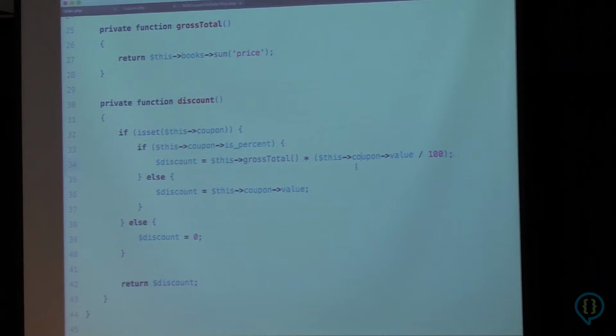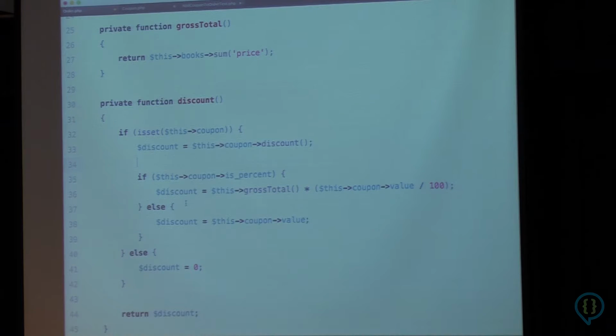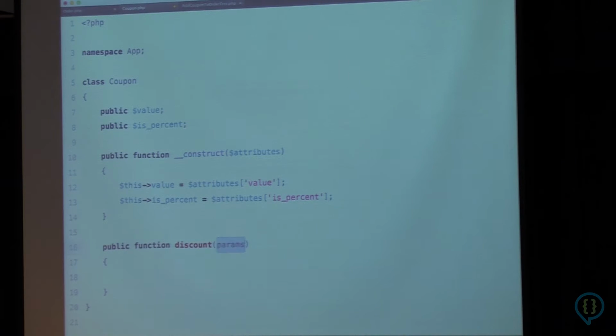What I think is interesting, though, is that 2 out of 3 of those pieces of data exist on the coupon class, not on the order class, yet we're doing the calculation in the order class. When I run into situations like this, a lot of the time I'll experiment with moving the calculation to the object that holds more of the data and see if that results in a design that I'm happier with. So let's figure out how we can do that in this case. It'd be nice if we could just do something like discount equals this coupon discount, and then it's probably going to need some data from the order that we'll have to pass in, but we'll figure that out as we go. And now we can move this code into the coupon. So let's create a public discount function on the actual coupon itself.